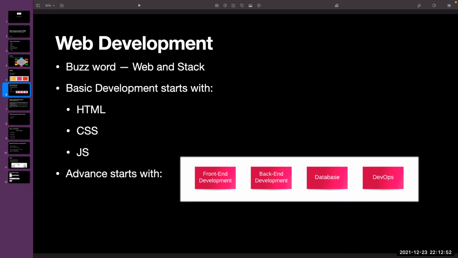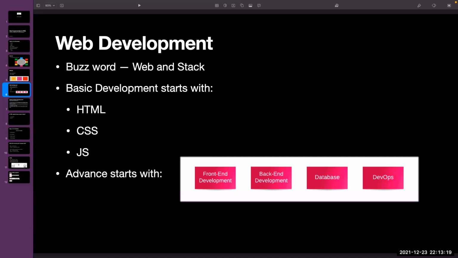So here we will start with front end development. Front end, as I said before, is nothing but whatever the user is able to see on the screen or is able to interact with. That is called front end development. Whatever you see, it can be HTML, CSS, JavaScript, everything comes under front end development.